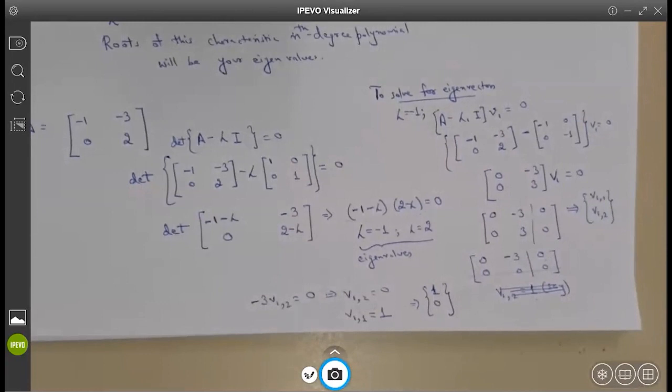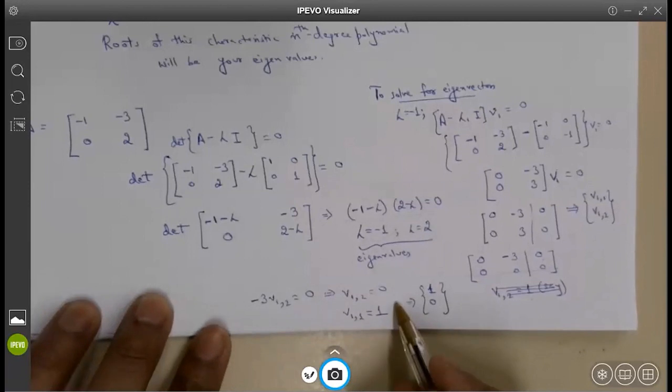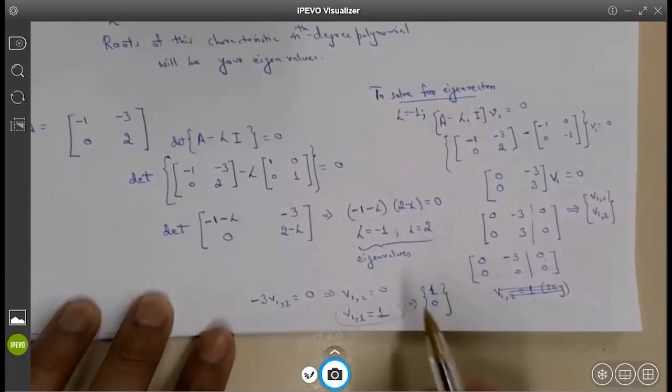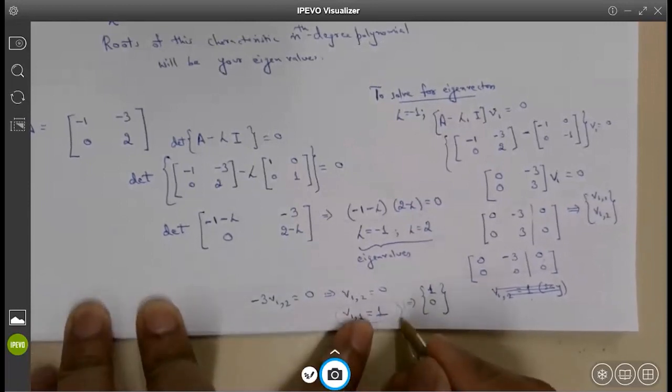I have a question, Professor. Yeah, go ahead. So how did you get V11 equals to 1? How do I get this? Yes. So it need not be 1. It can be 2, 3, -5, -10, 11, 14, 15, any number of your choice. Oh, I see. Okay. This is any number of your choice.